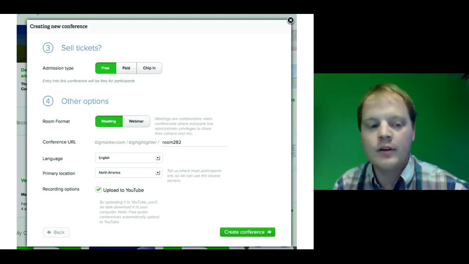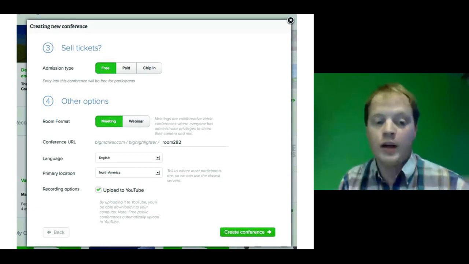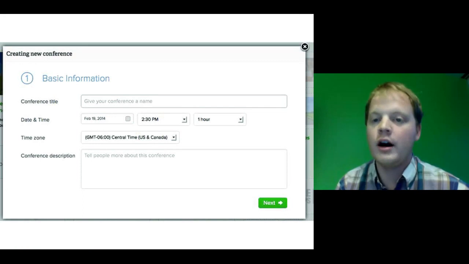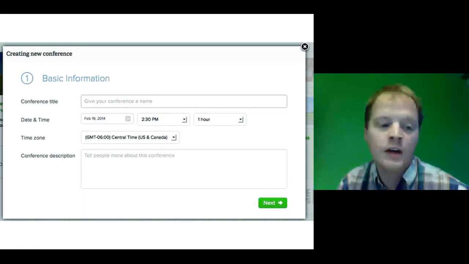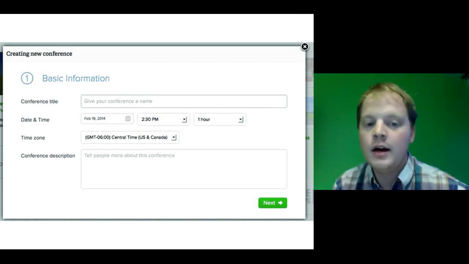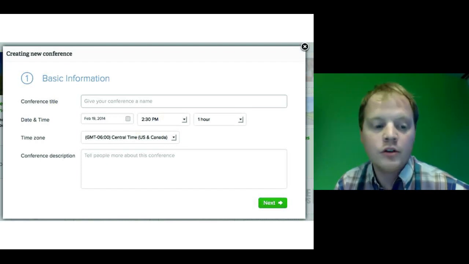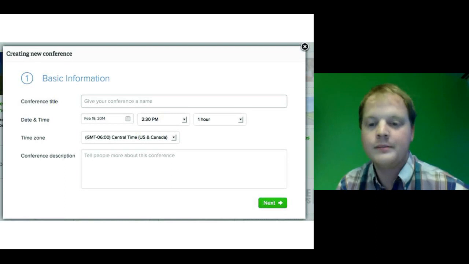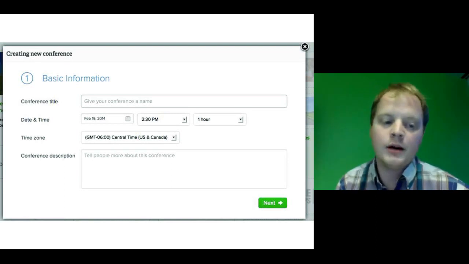You can create as many conferences as you want in your community. So feel free to just create as many test conferences as you would like. There's no problem with that. So you can go through the creation process and actually test through the conference. You can do it quickly and then you can delete it afterwards, which is nice. So if you don't want to see it, basically you just create your conference like you create the other one and you just call it test conference. Tom's testing BigMarker.